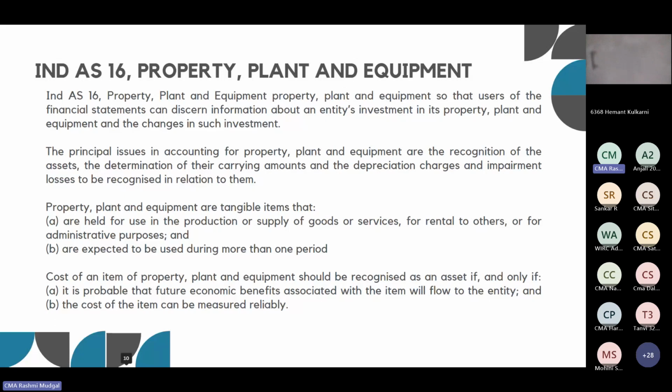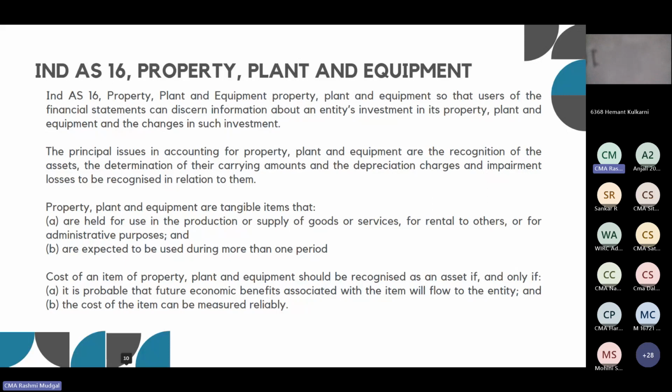So we have to see whether we are recognizing property, plant and equipment as an asset or not. Because in some cases in accounting, while we do the tax accounting, we take some of the equipment, some of the plants as revenue expenditure, as per the government facilities given to us, to decline our profit so that we end up paying less taxes. So it is not part of the accounting where we are reporting to the stakeholders. So this machinery is not a revenue expense. Okay, so this is an asset.